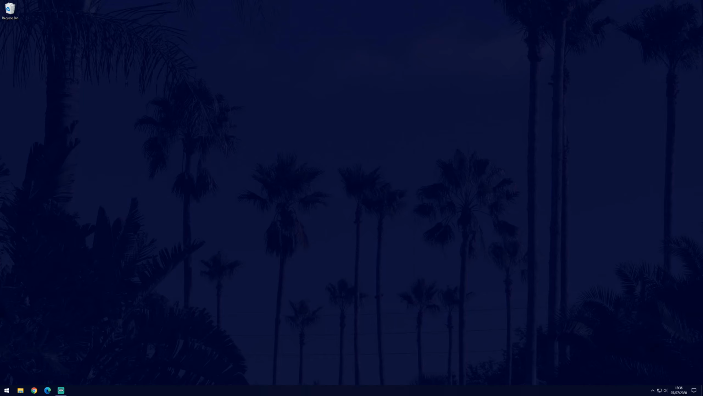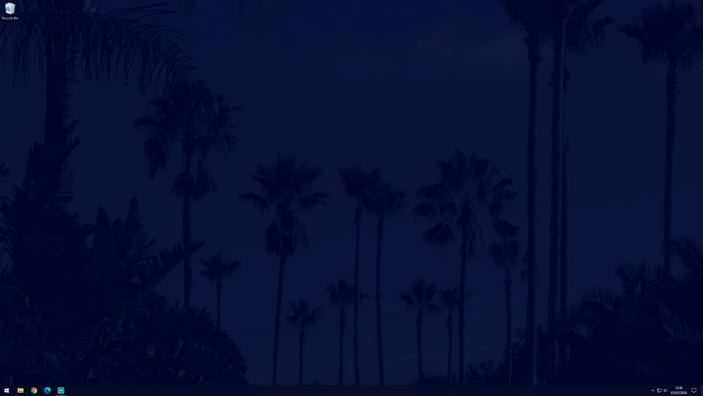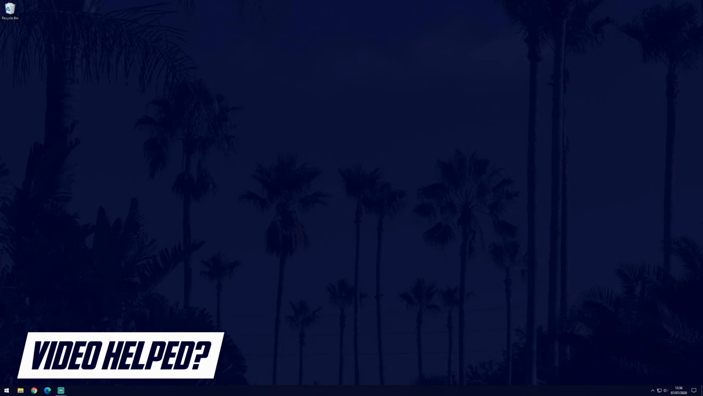Moving on to the fifth method to speed up your PC, we're now going to disable search indexing. Search indexing is something that will occur in the background when you are using your PC as it indexes new and updated documents and files. Turning it off will cause searching to take a little longer, but without it running in the background, there should be a performance improvement. It is up to you, and it is worth trying to see if it benefits you,